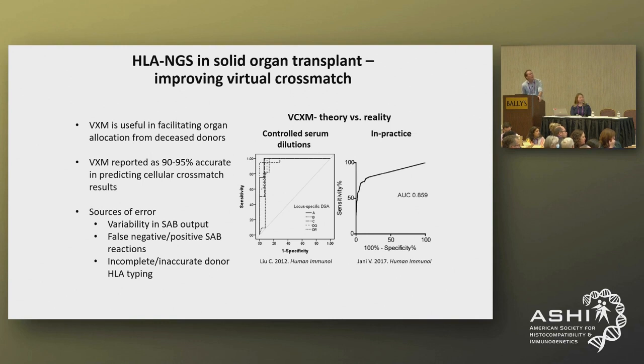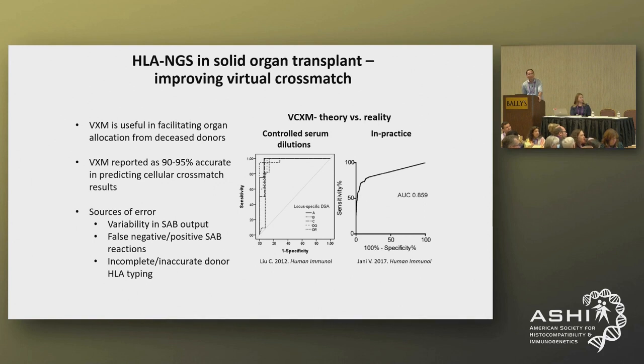I'll highlight 2 studies that we've done. One that I did a while back used very controlled dilutions of sera with identified DSA, and titered cross-matches, so we very tightly understood how much antibody was present. The ROC curves on that left figure are fantastic, right? Those are like 97, 98% accuracy. But then the figure on the right is, in practice, looking at about 1,600 cross-matches out of